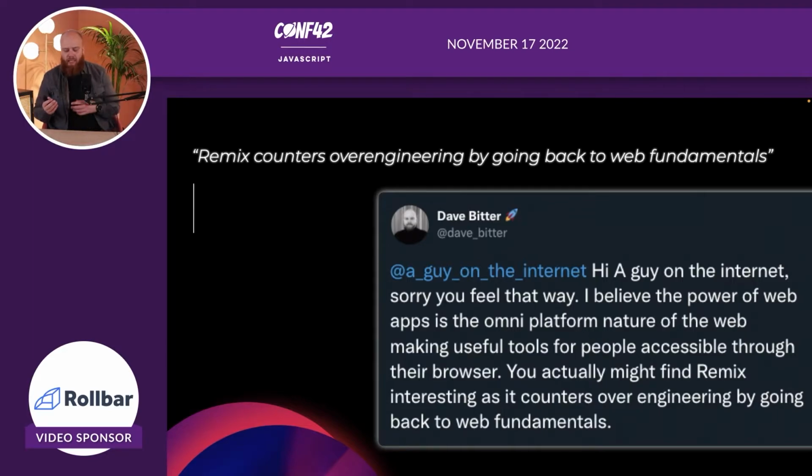So basically, it's a major shift in how we think about building for the web. So first, we cover all our bases with web fundamentals. Then we use progressive enhancement to build layer by layer, and in the end have a full-blown application where every layer of progressive enhancement is supported correctly, where we have basically the good old of the web, but then up to par with modern UX.